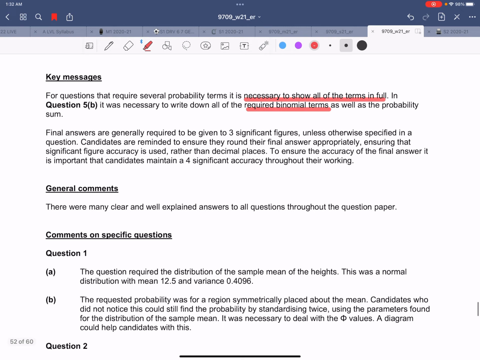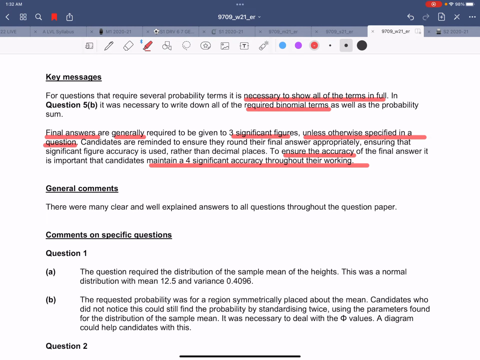Final answers are generally required to be given to 3 significant figures unless otherwise stated. So, final answers are generally 3 SF unless otherwise specified in a question. Candidates are reminded to ensure that they round their final answer appropriately, ensuring that the significant accuracy is correct rather than decimal places. To ensure the accuracy of the final answer, it is important that candidates maintain a full significant accuracy